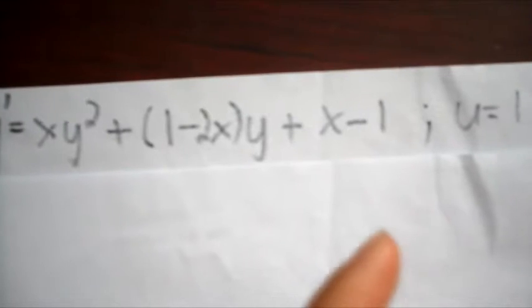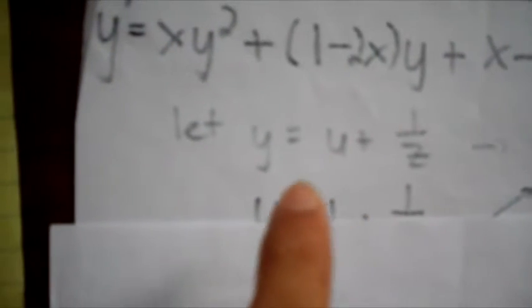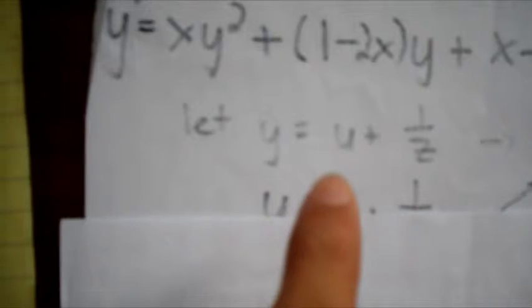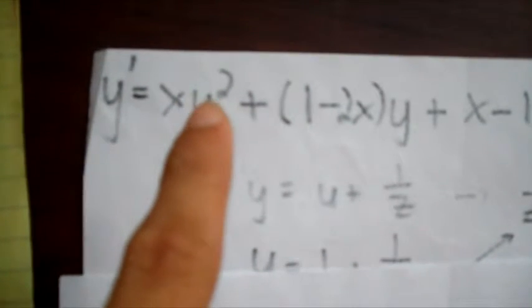For this problem, we are required to solve for its general solution. From its form, we can see that it is a Riccati equation. Riccati equations usually are given a particular solution, which is, for example, u is equal to 1. To solve for it, we have to do this substitution, y is equal to u plus 1 over z. By manipulating this substitution, we can transform this equation into a linear